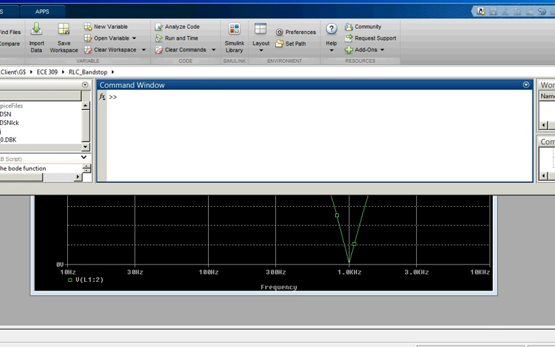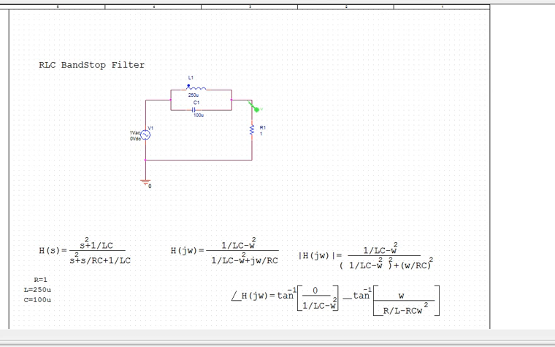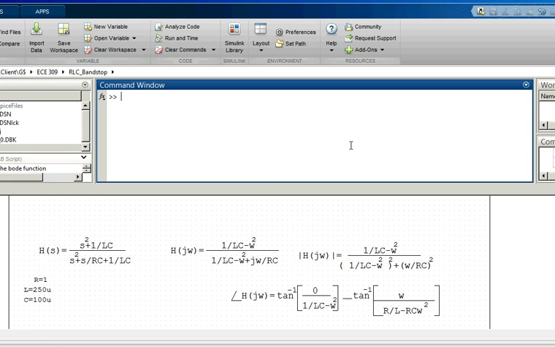Now we are going to construct the frequency response of our circuit, but before we do that, we first need to define the transfer function describing said circuit. So we're going to do that by entering all the values for all of our circuit elements. So in this case,